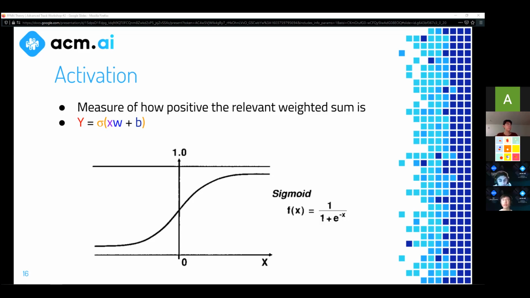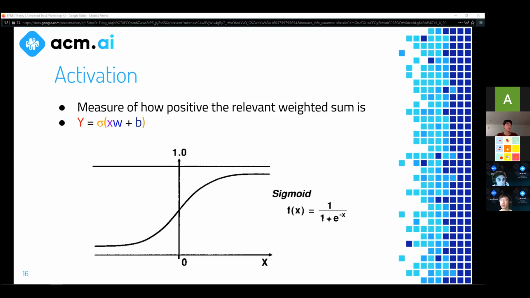Yeah, another thing I want to note is that this is not the only possible activation function. There are other activation functions that you can use. With logistic regression, we only looked at this function, where we wanted to output a value between 0 and 1, but we don't necessarily have to restrict ourselves to that. There's another activation function called ReLU. We don't have a slide on that, and we'll talk about it later in a different workshop.